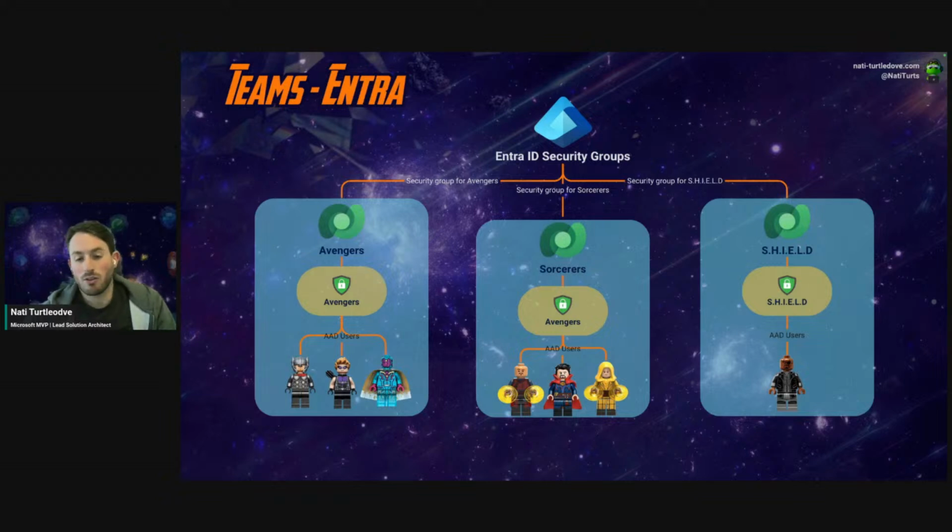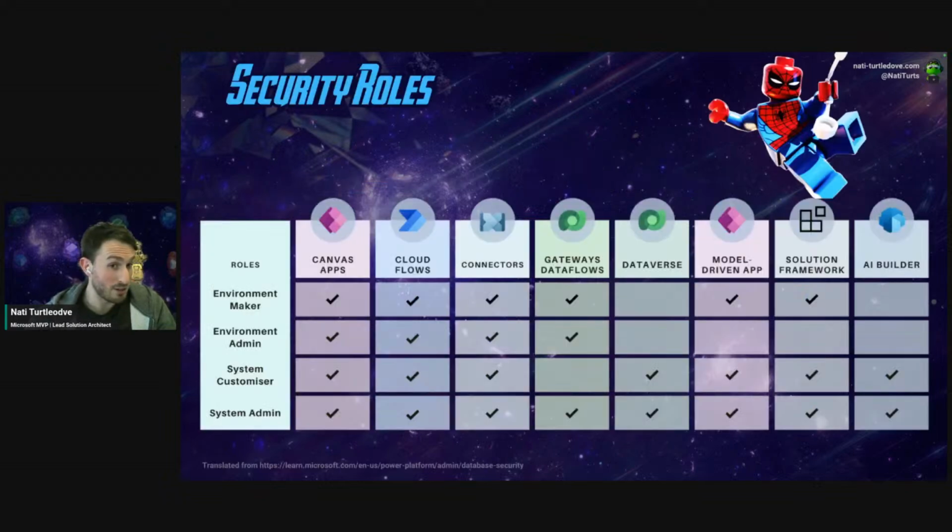So if we park this for a second and we kind of touch base onto our security roles, the third of our triple threat, we've kind of got 2 types of security roles when it comes to Power Platform. We've got our security roles that apply to non-Dataverse enabled environments, and security roles that apply to our Dataverse enabled environments. So I've just taken 2 from each for now, the roles that we commonly use.